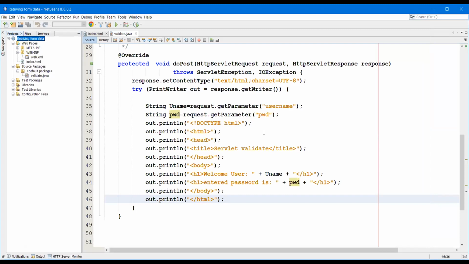Next, actually in the login page, we need to cross check that username and password in the database. Then again we need to write one JDBC program in this servlet program. With that JDBC program we are going to cross check and validate it. How that is done we will see in the coming session.